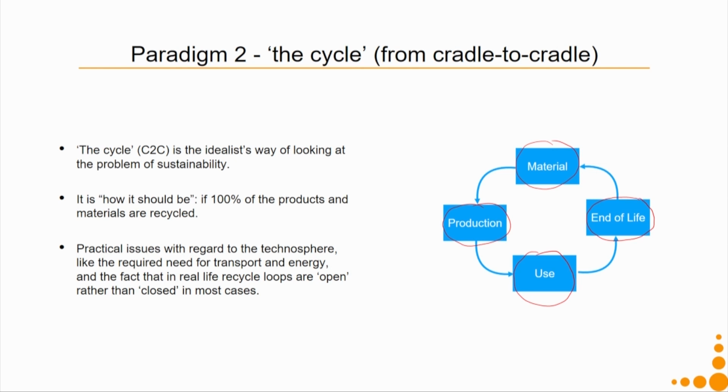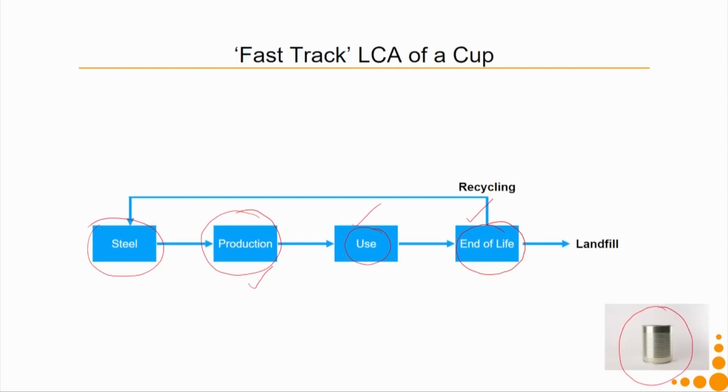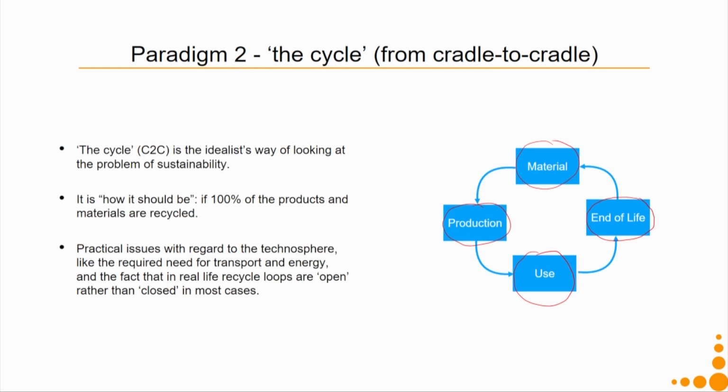What it implies is, like I was discussing in the previous example, when I say my material is recycled, it really does not imply that the same steel will be used in the same product. It can be used in a different product altogether, or it can be used for a different purpose, let us say. So, we will come to the discussion on open and closed loop.